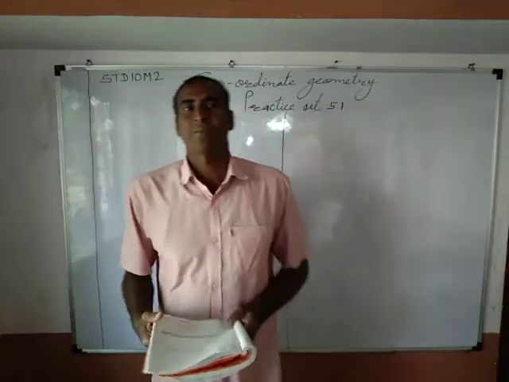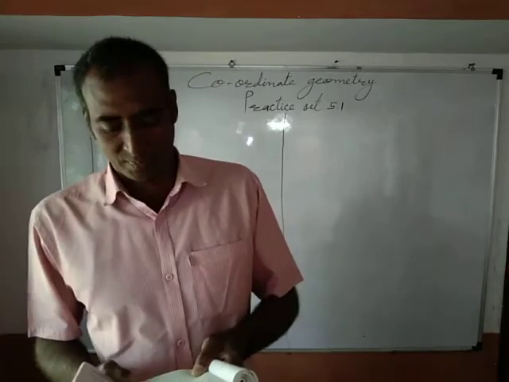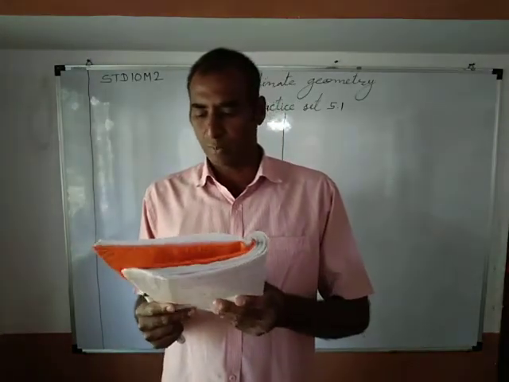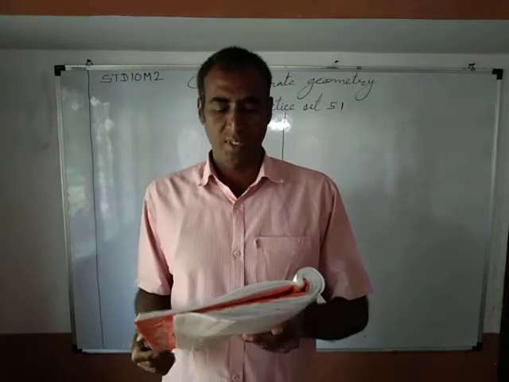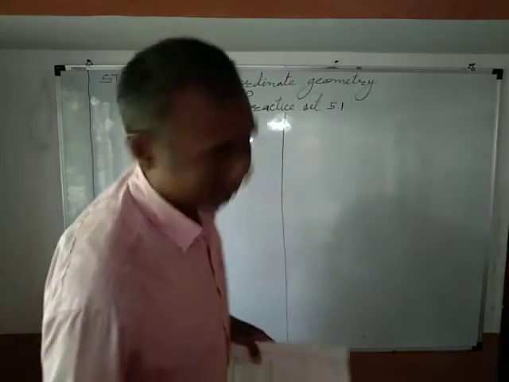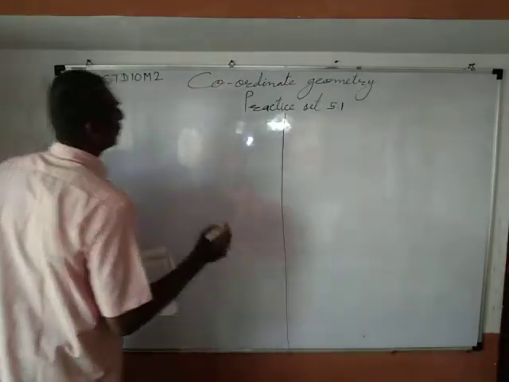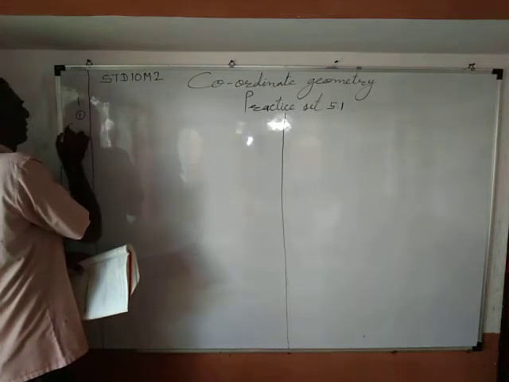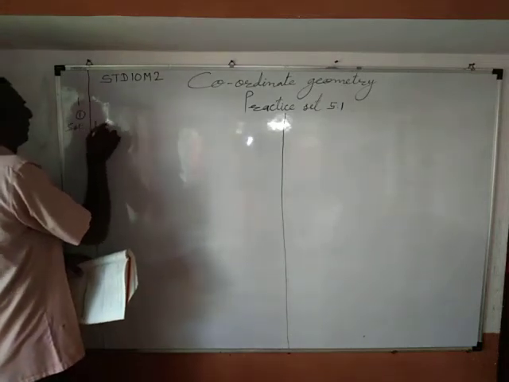Let's solve practice set 5.1. Question first. Find the distance between each of the following pairs of points. Sub question first: A(2, 3), B(4, 1). Practice set 5.1, question first, sub question first. Solution. Let